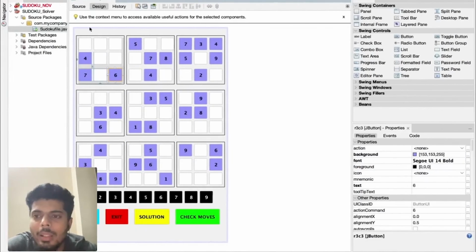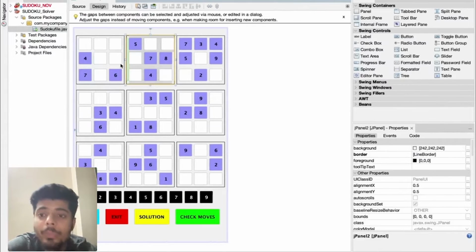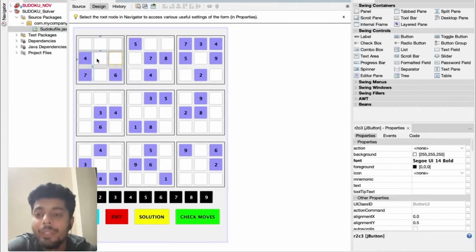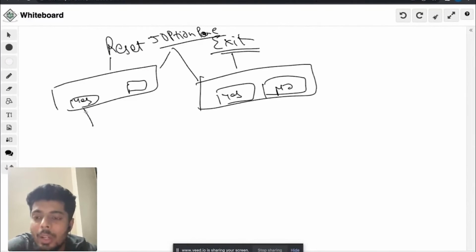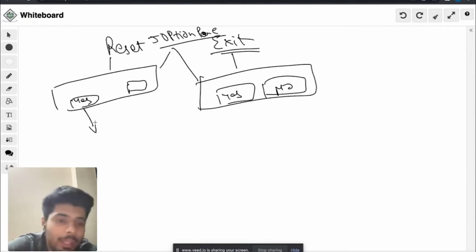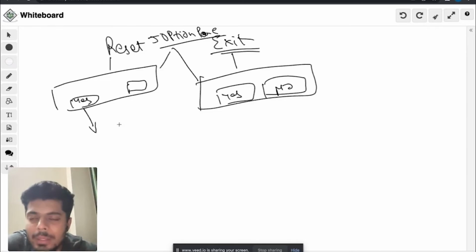And those grids which are not pre-filled, we will have a check on those grids only, and I'll replace those with a blank text, right? So this is the only approach which I'm gonna use to solve this easy functionality of clicking upon the reset button, a very simple functionality, right?